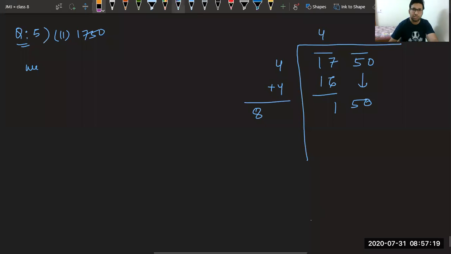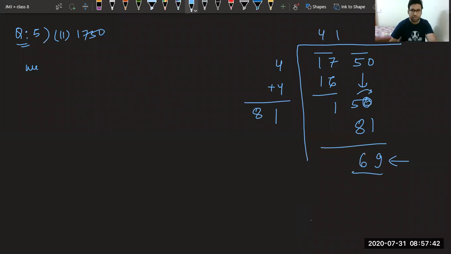Now see, what we have done is we have taken 1 and 1, because 1 1s are 1, 1 8s are 8. So we have got this 0 minus 1. We cannot do that, so we will take a carry. 10 minus 1 is 9. 14, this was 4 and 1 carried, 14 minus 8 is 6. Now you got it? So we can say the remainder is here. That means 41 square is less than 1750.